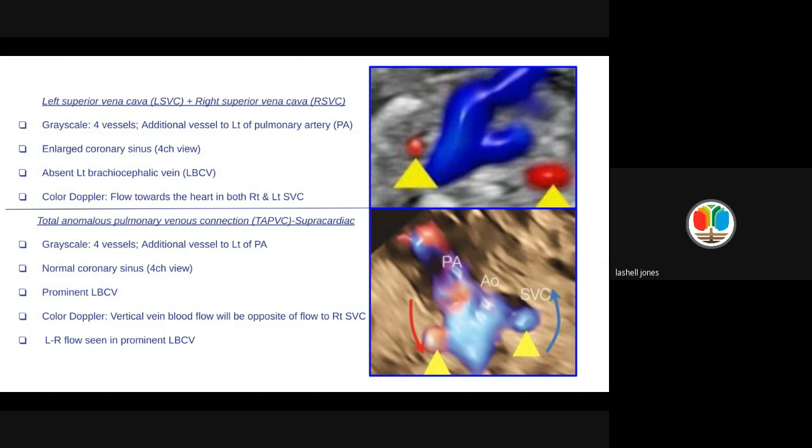Okay. Now with total anomalous pulmonary venous connection, once again, you'll have grayscale 4 vessels. You'll have an additional vessel to the left of the pulmonary artery. Your coronary sinus will be normal. And you will have a brachiocephalic vein because guess what? That 4th vessel is not the persistent left SVC, it's a vertical vein. Okay, so it's a vertical vein with blood flowing opposite of the flow to the right SVC, which you see